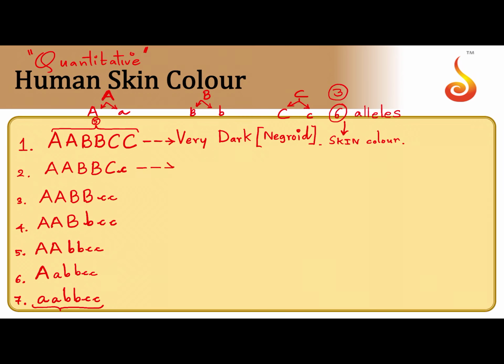Okay, then if there is one, you can see what happens over here. There are 5 dominant alleles and there is only one recessive allele. See this tiny recessive allele that is sitting over here. So there are 4 dominant alleles over here. I will represent the recessive allele with a small arrow here, and I'm writing a bracket for the dominant alleles. Please remember, when I write bracket, it represents the dominant alleles. So there are only 4 dominant alleles over here. So the skin color becomes dark. Comparatively it's not that dark, it is just about dark. So this is the skin color of a person who has 5 dominants.